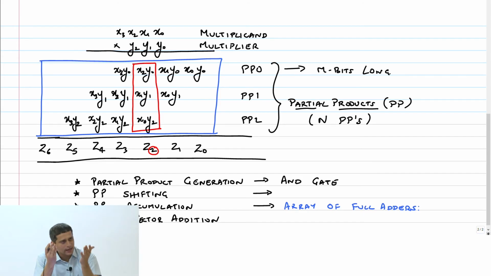Now once you provide an array, it turns out that the previous operation of partial product shifting is very trivially achieved by simply wiring. All you have to do is ensure x1 y0 gets added to x0 y1. So if you just wire it correctly, you will find that the shifting operation is already done very easily. This final vector addition we will come to later, because it's not evident from this figure here. Okay. So we'll look at it later.